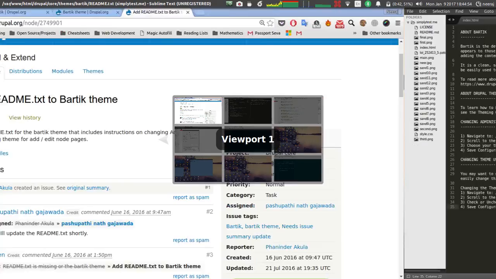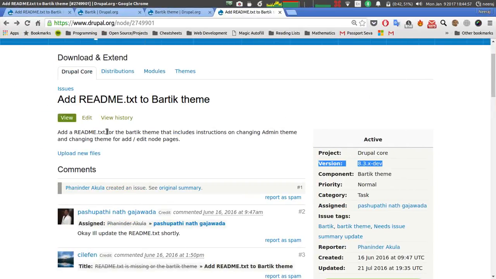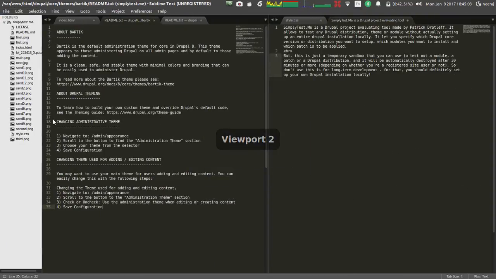So basically the description says that we have to create the instructions on changing the admin theme first. Before doing that, we first have to tell what Bartik is all about. I have written: Bartik is the default administration theme for core in Drupal 8. This theme appears to those who administrate Drupal on all admin pages and by default to those adding content. It is a clean, safe and stable theme with minimal colors and branding that can be easily used to administer Drupal. To read more about the Bartik theme, please see the documentation link for the Bartik theme for